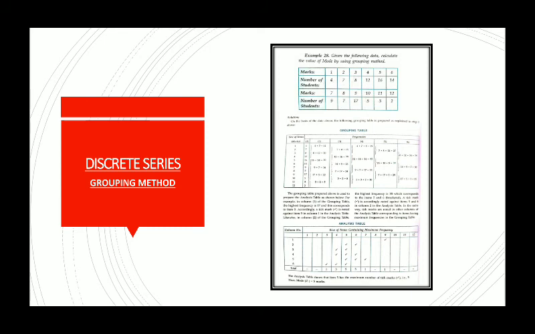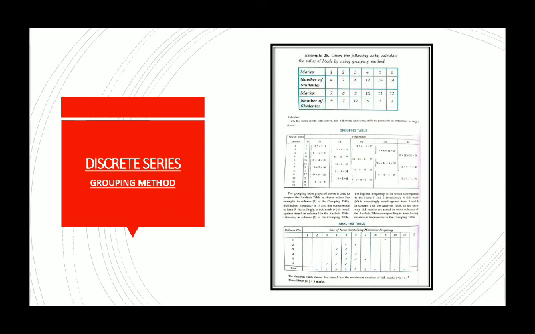So the size here is from 1 to 12. Now in the very first column, the highest value of the frequency was 17 and 17 was corresponding to item 9. So we will put a tick mark in 9. The second column, where the values are 11, 20, 30, 16, 22 and 5, the highest one is 30 and 30 is the total of 5 and 6. So the frequencies corresponding to 5 and 6 mean 16 plus 14. So we will put 2 tick marks, one for 5, one for 6.